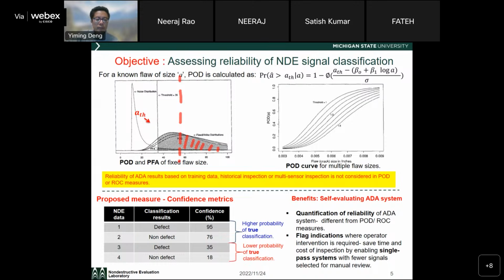We can go back to the previous slide. Let me see, where's my cursor? Sorry, I cannot see my cursor here. Okay. If I go back to the previous slide,